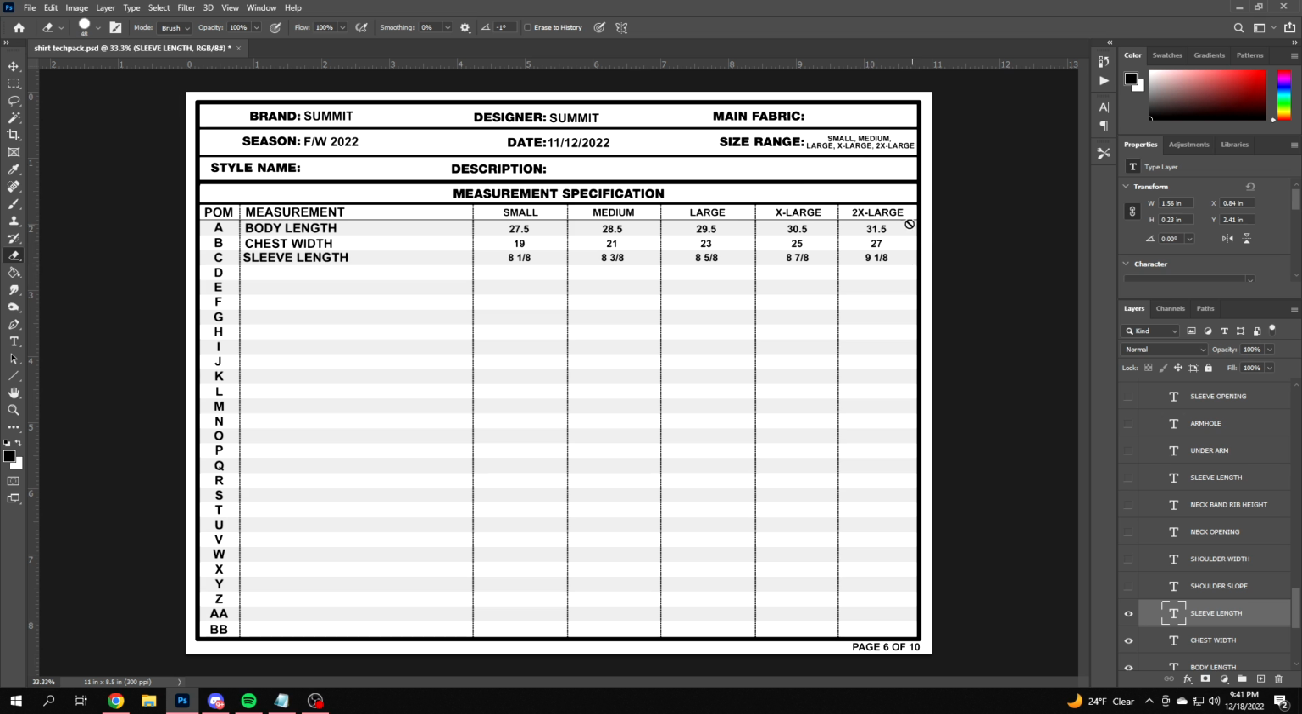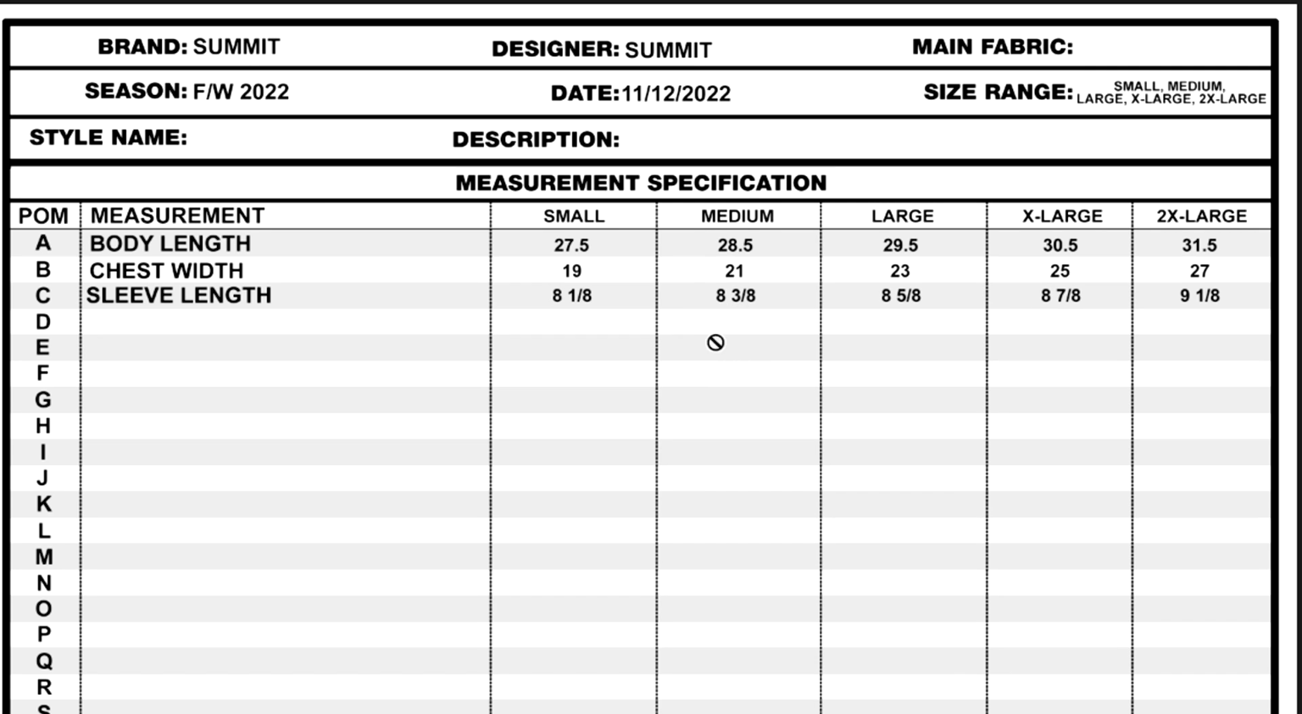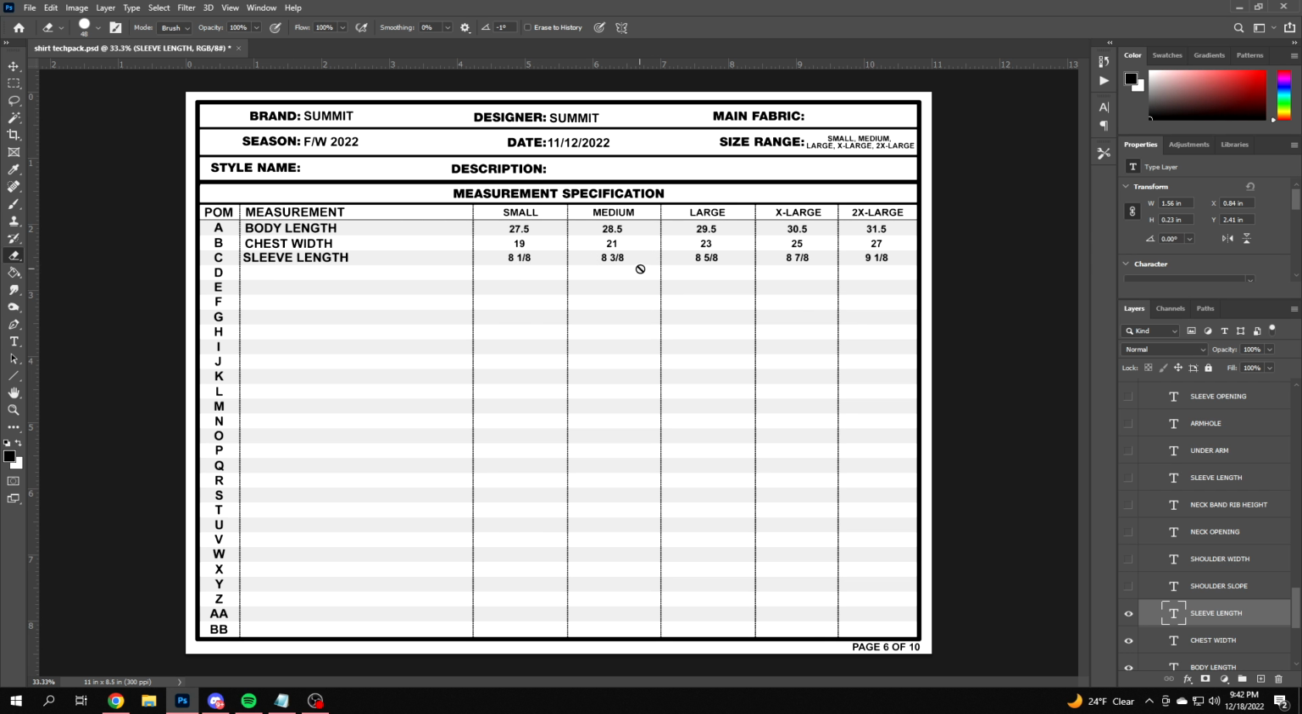Like I said before, all the LA Apparel measurements go up by a certain amount. For the sleeve length, they each go up 2/8, so 2/8, 2/8, 2/8. For the chest width, they go up 2 inches, so 19, 21, 23, 25, 27. These are all going up by 2 inches. These 3 measurements are a really good starting point for your garment, but if you'd like more measurements, you can